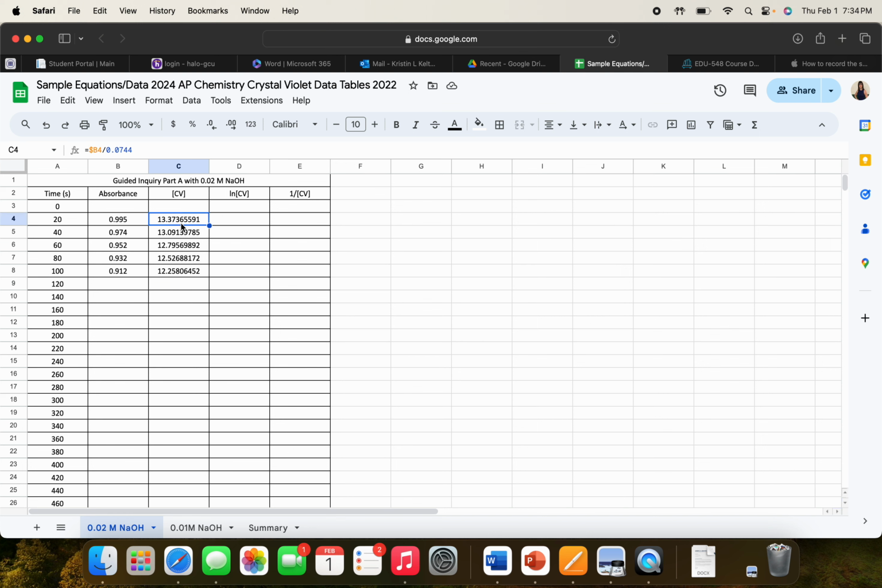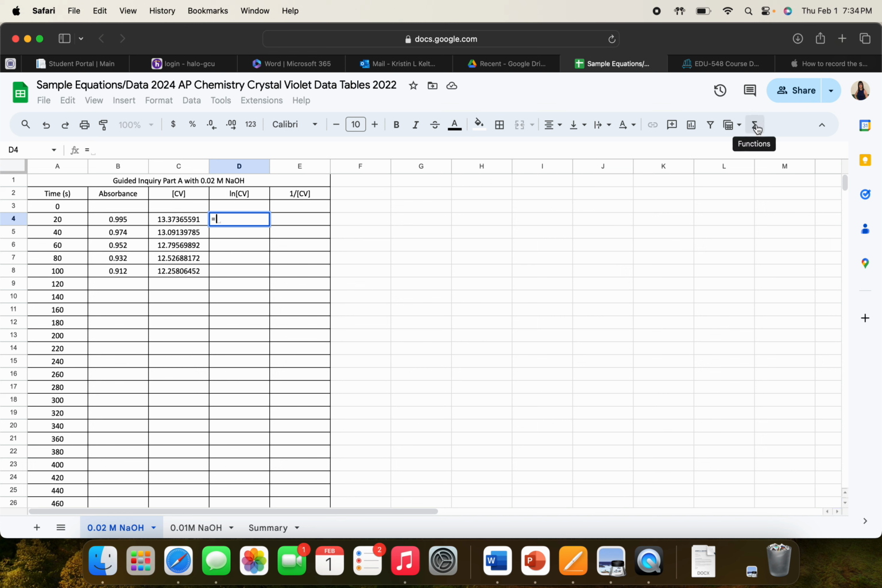The first formula simply equals dollar sign B4. And if you didn't start till 40 seconds, it's going to be B5, whatever that first absorbance is, divided by the slope from the calibration curve. So how are you going to do natural log? A little different. Equals. Now this is the natural log of the concentration. The easiest way is to get